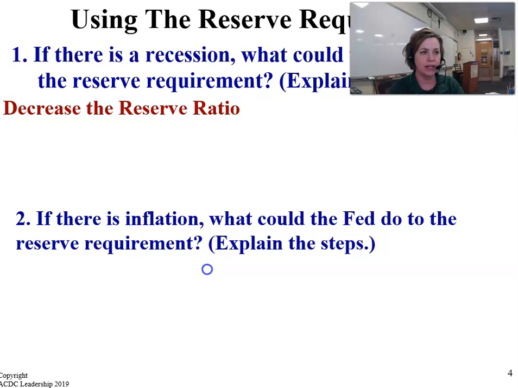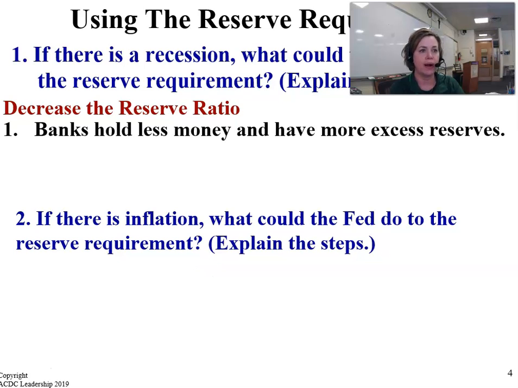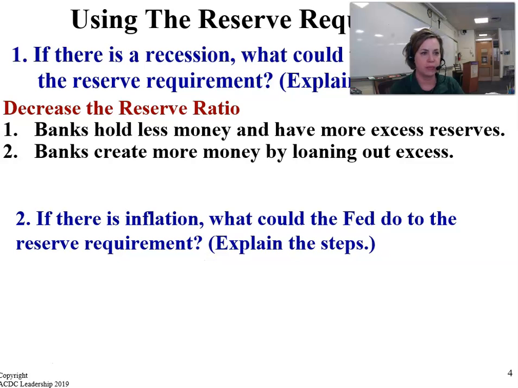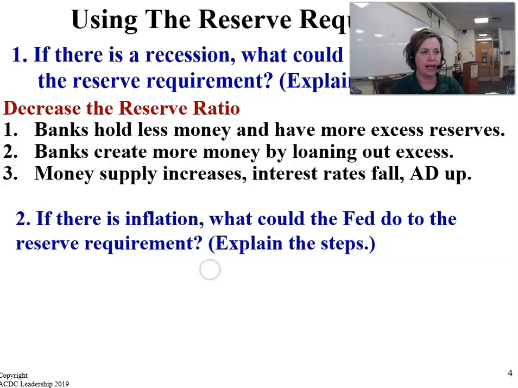They could decrease the reserve requirements, requiring banks to actually hold less money and have more excess reserves. Banks create more money by loaning out the excess. So if the money supply increases, interest rates will fall, and this will incentivize businesses and consumers to borrow,